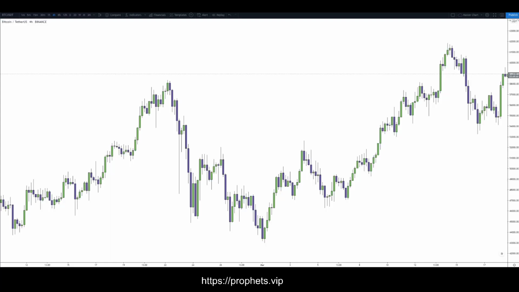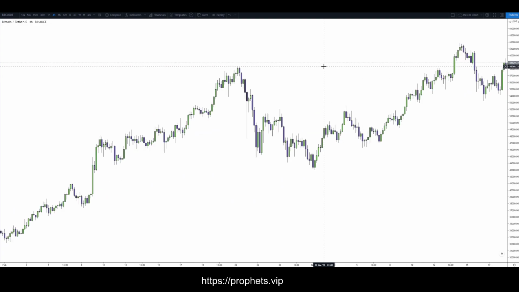Hey guys, moving on to the next pattern. We're going to be doing the falling wedge this time. This is a bullish continuation pattern usually, however it can come from a bearish impulsive move first. We'll quickly just go over it and identify one or two of them so you can see what they can